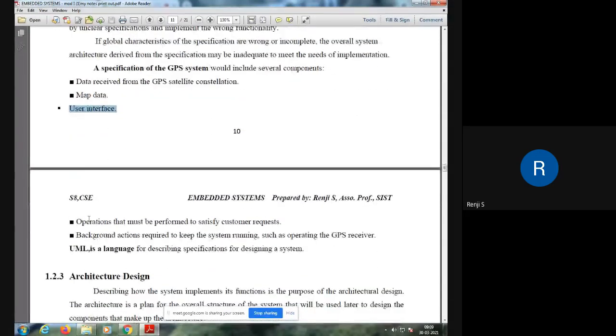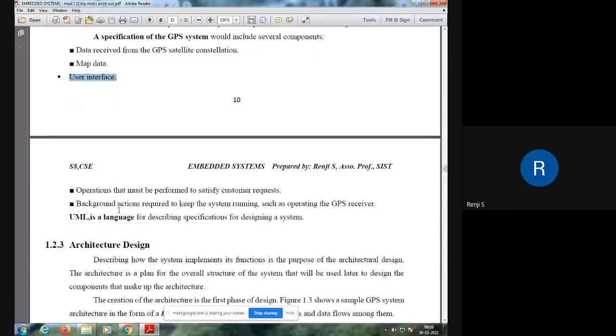Then there are certain operations that need to be performed to satisfy the customer requests. Then there are background actions required to keep the system running, such as operating the GPS receiver. The GPS receiver is frequently collecting data, and this data is mapped and stored in a database, and this map data is plotted on a display, and the user can give his input and view the map data.